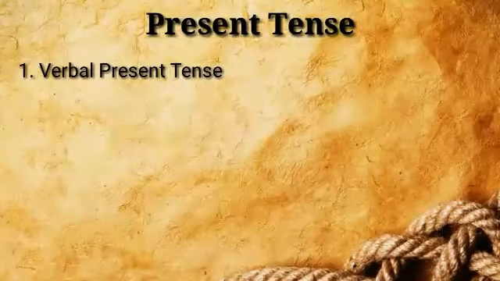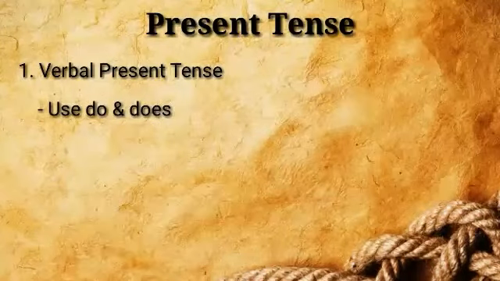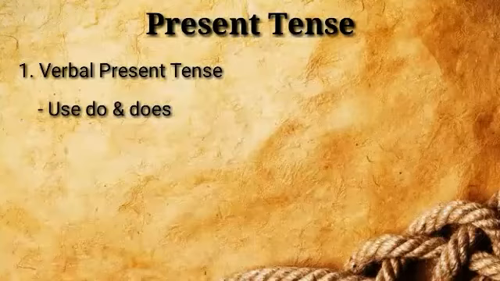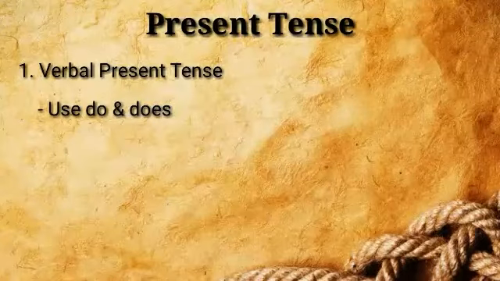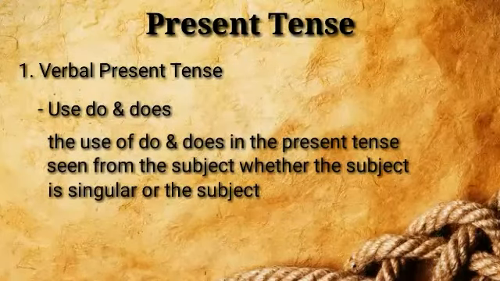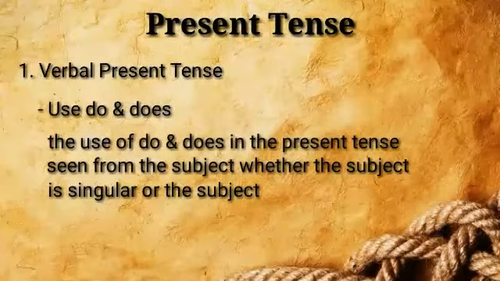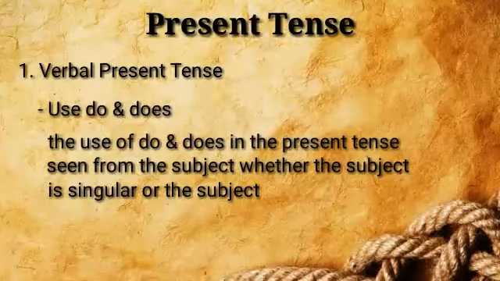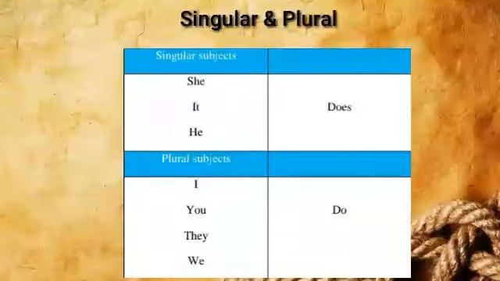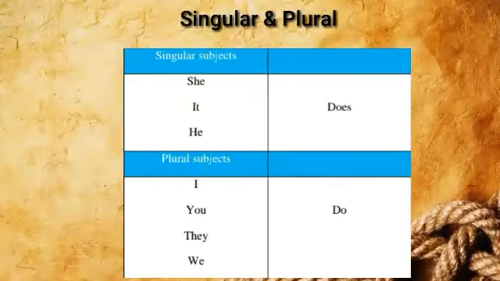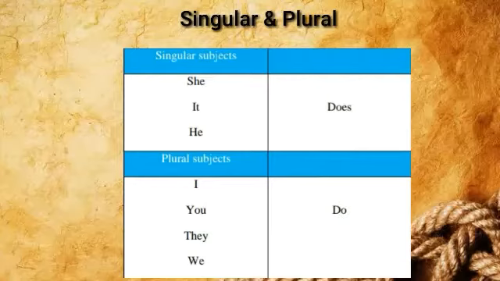In this formula, we use do and does. So, I will explain the differences between the use of do and does in the simple present tense. The use of do and does in the simple present tense depends on the subject, whether the subject is singular or plural. Singular subjects include she, he, it. So, if using a singular subject like she, he, it, it means to use does in negative sentence and interrogative sentence,